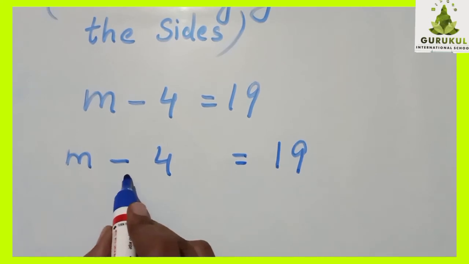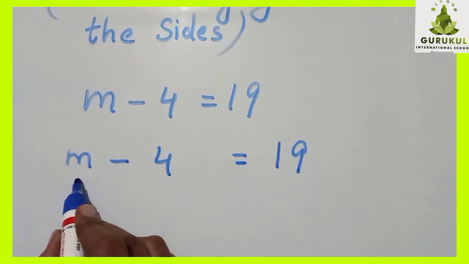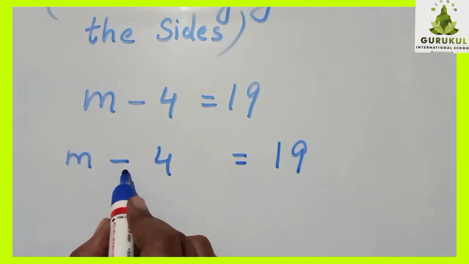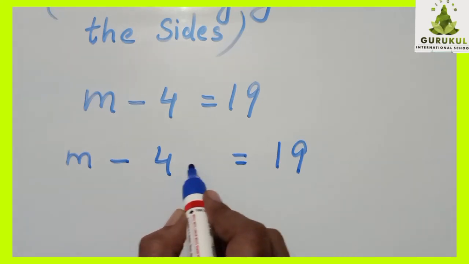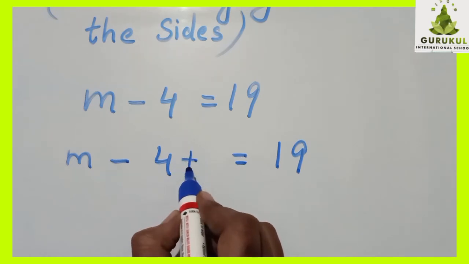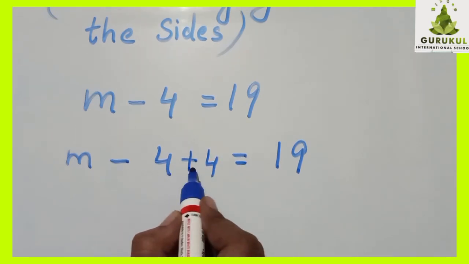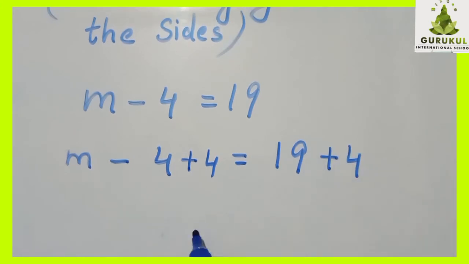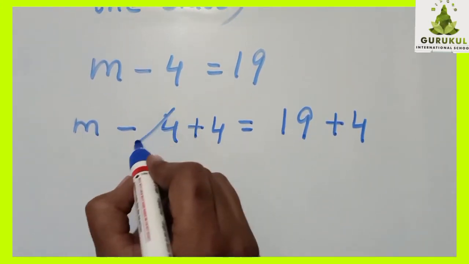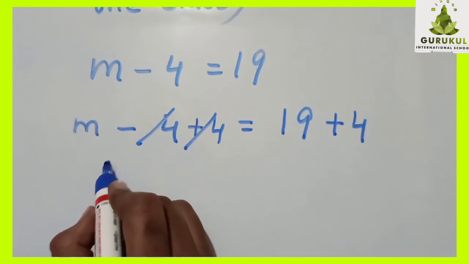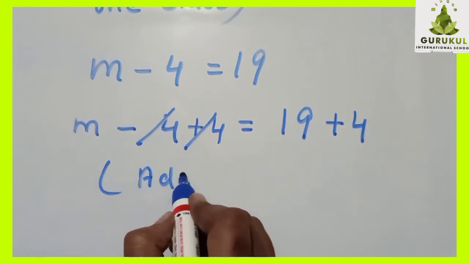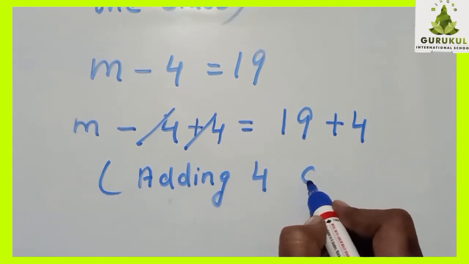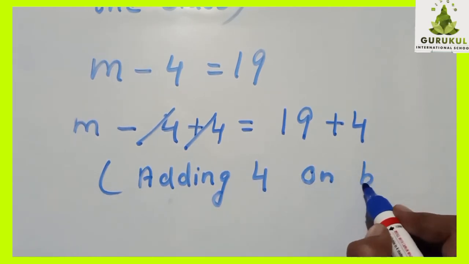Now here I don't want minus 4 here. I want to find m. This I want to find. So I don't want this number, minus 4, here. So what should I do? Its opposite you write here, plus 4. Minus 4, plus 4. So if I write here plus 4, the same operation you have to do on the RHS also. So this gets cancelled. Is it clear what you did? Adding 4. Adding 4 means plus 4 itself. On both the sides. Is it clear to you?